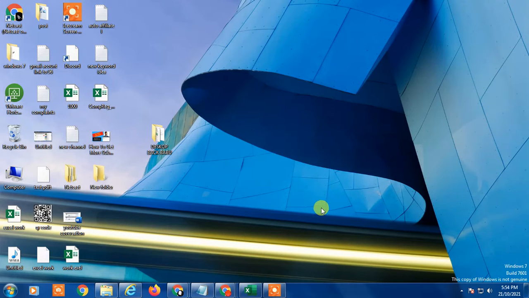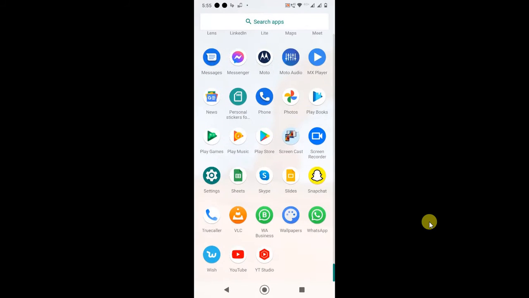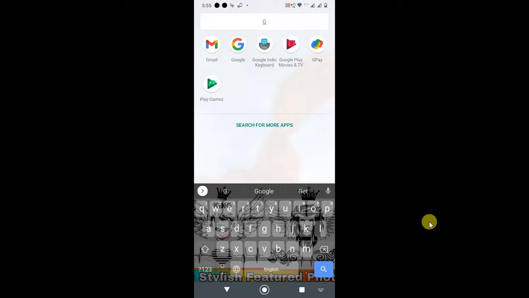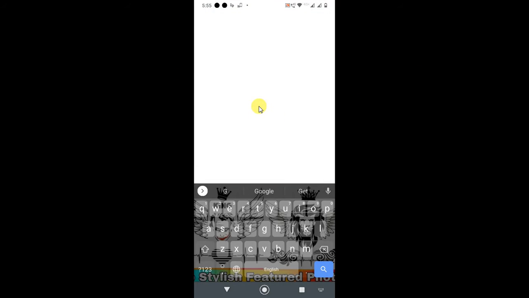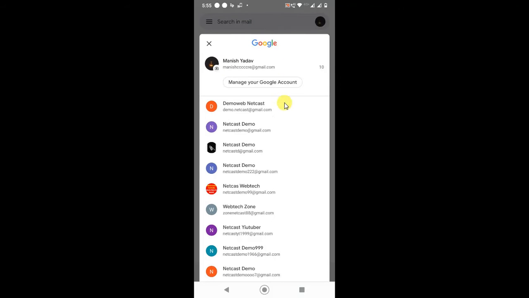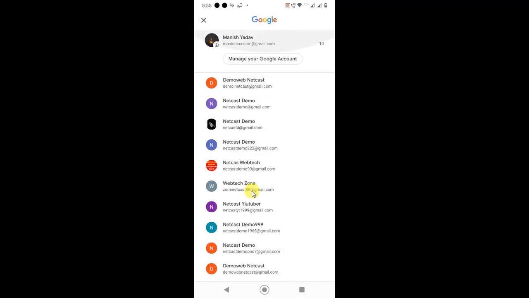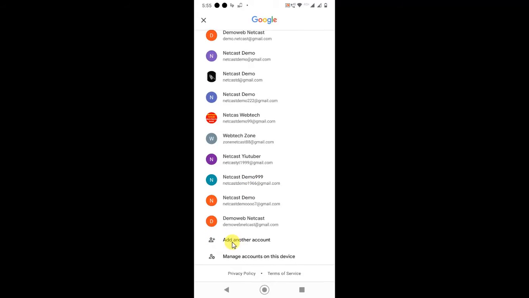Let's go to my mobile screen. So guys, here you can see this is my Android phone. Just open the Gmail app. Every Android phone has Gmail. Just open it. If you already have an email address logged in, you can see it like this. Just click on it, and you can see all your email IDs. But now if you want to create a new email address on Gmail for your Android phone, just click